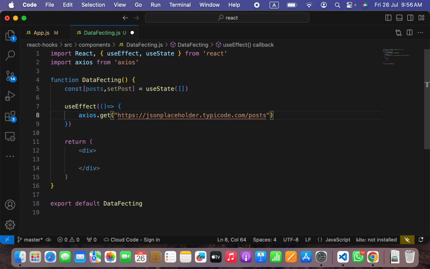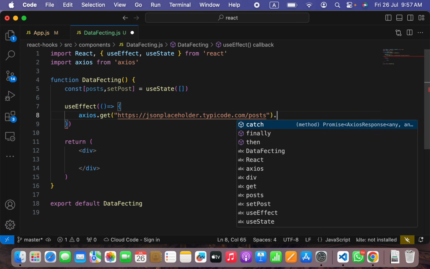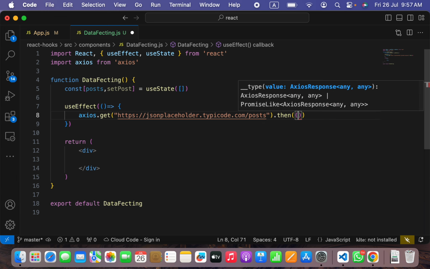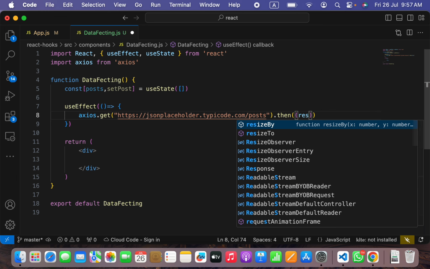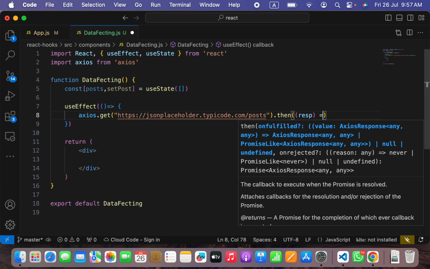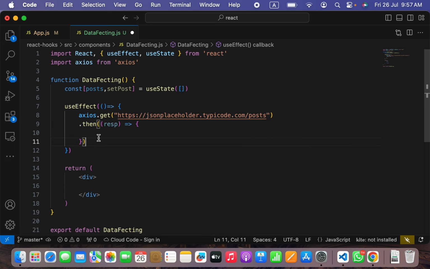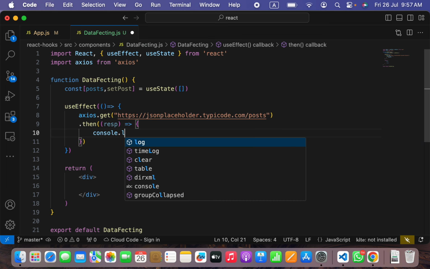Inside this, I will call that link, and then I will say dot then, and then it will give me a response. Inside this, it will give me a response, and then I can call a variable. I'll move it to the next line. It's better. Inside the callback, I will log with console.log